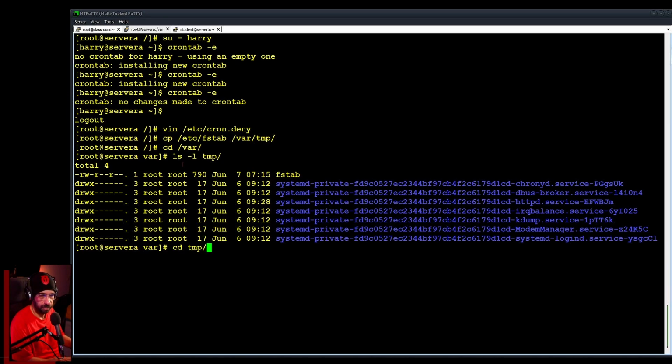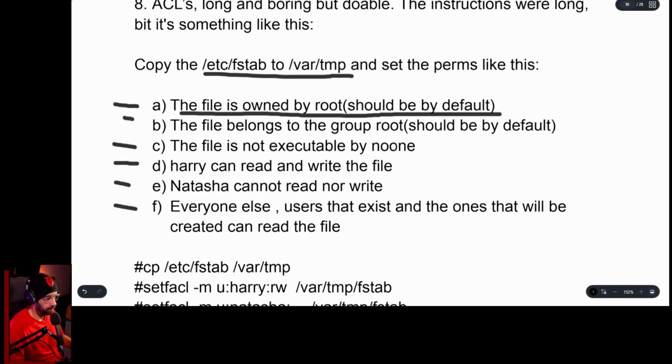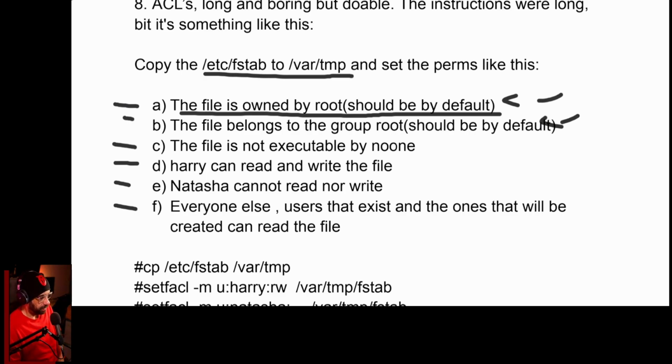I need to go to temp. ls -la fstab. So let's go back here. So yeah, the root is the owner, should be, and this is done because this is the default. This only goes wrong if something goes wrong. So everything's fine. File is not